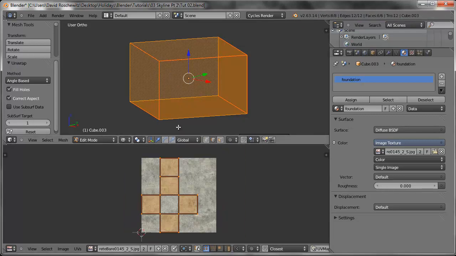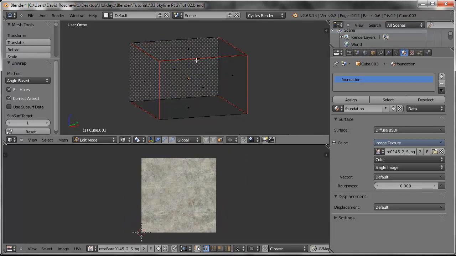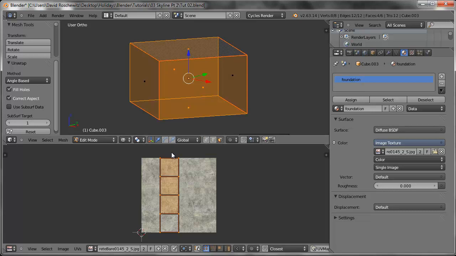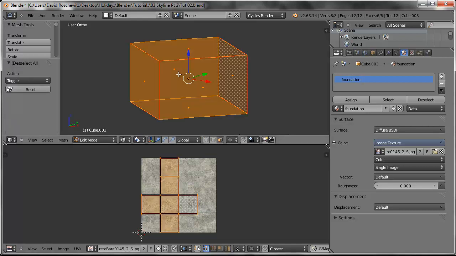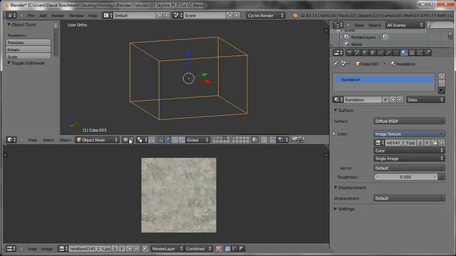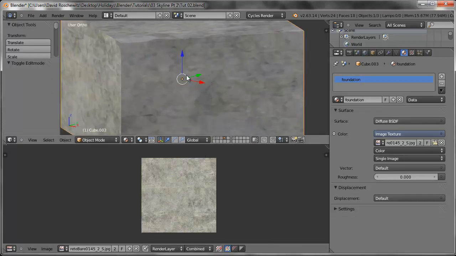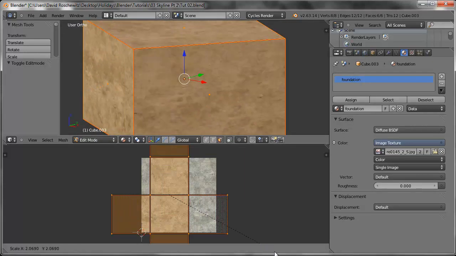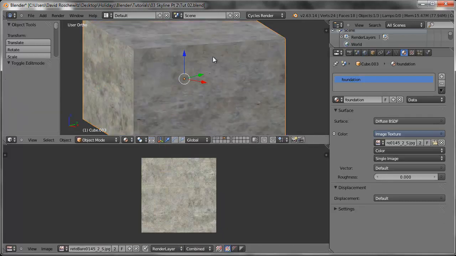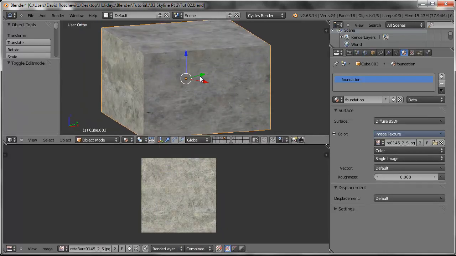And you can see down here, these are the four, let's select it like this. These are the four faces here. And these are the two side faces, which are those. And just by having everything like this, if we jump back into material view, you can see that we have applied the texture, but it does seem very large. So what we're going to do is just scale this up so it does appear slightly smaller on